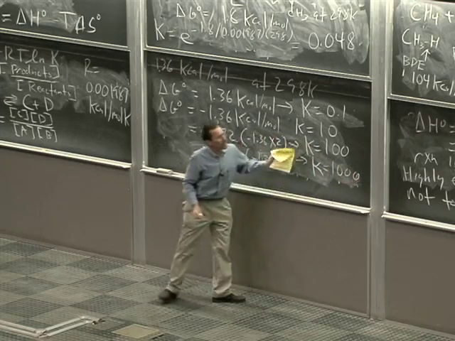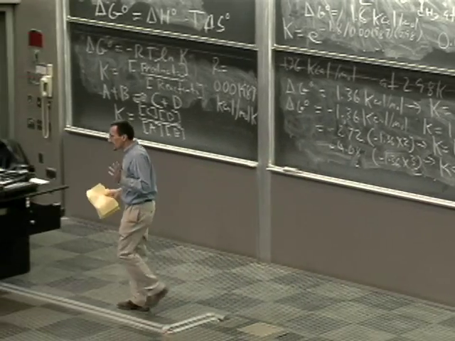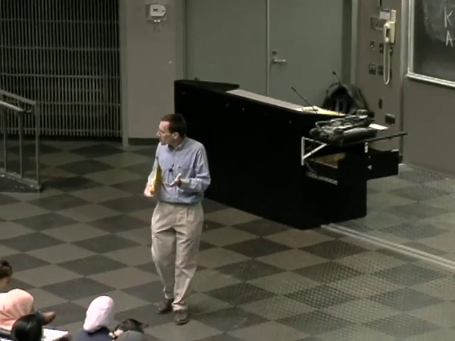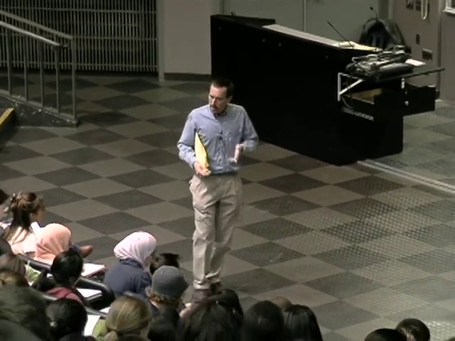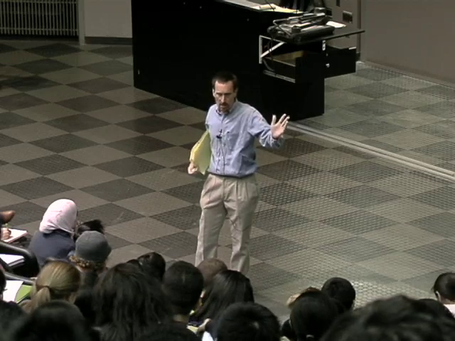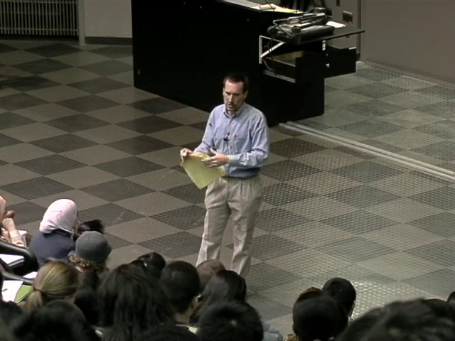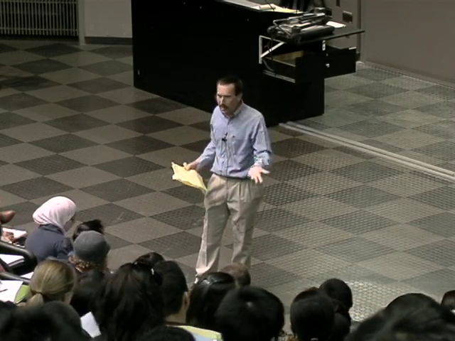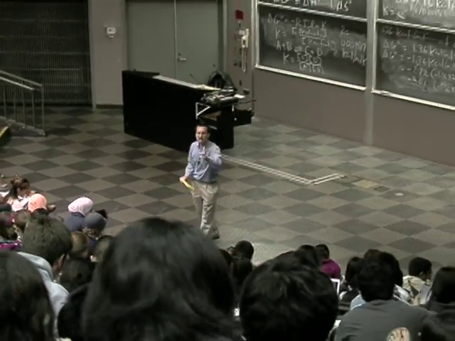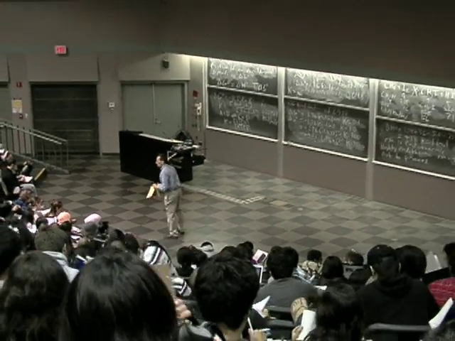So without a calculator, without anything, you suddenly can come up with a reasonable scale. Oh yeah, 10 kilocalories per mole really does mean an equilibrium lies pretty darn far in one direction or another. A kilocalorie here, a kilocalorie there means you've got some of both species present. All right, next time we'll pick up talking about chapter 7.